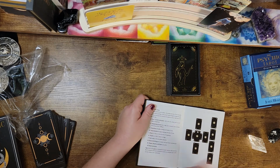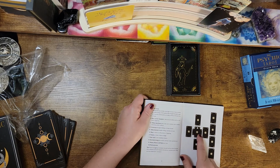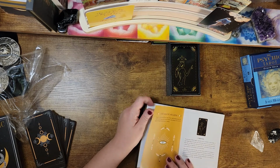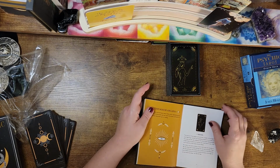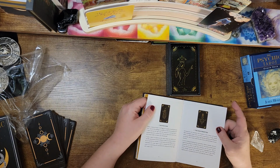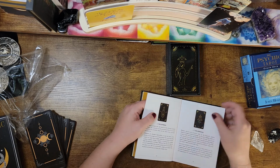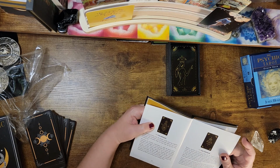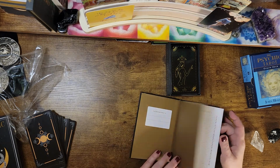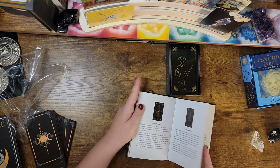I guess the only thing that caught my eye is the two as being influencing factors, conscious and subconscious. I guess I honed in on that vocabulary. But it looks like every one gets its own page. I do kind of feel like the pages are weak and they're threaded. I don't know how I feel about that. I just feel like over time these threads are going to break. It already feels that way, but